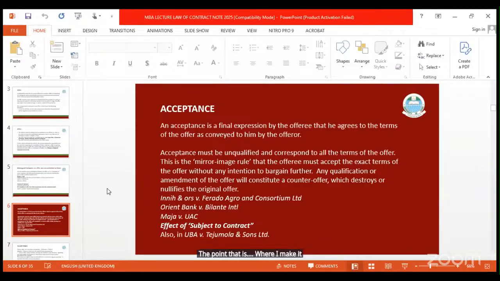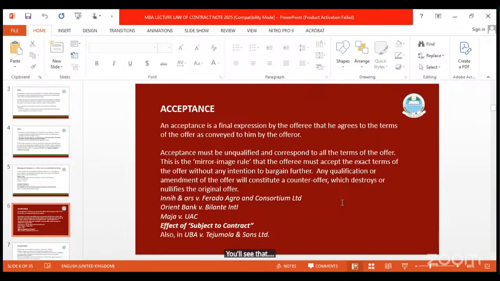Because any attempt, any qualification, or any amendment of the terms of an offer will constitute what is called a counter offer. So that takes us to what they call invalid types of acceptance. And if you look at all these types of invalid acceptance, whether cross offers or counter offers or conditional acceptance, all of those ones, you see that